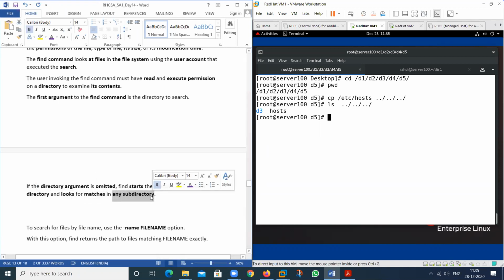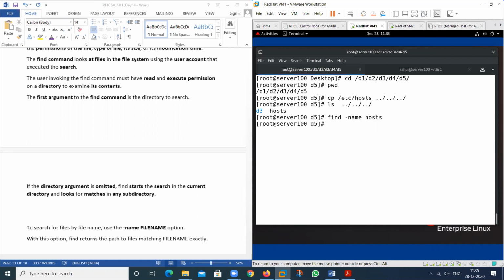It means the parent directory and the child directory. So if I am using the find command and I'm not providing the location, and I want to search for the name of the file, that is hosts, see here, it will not return the result. If I provide the location, if I am in this location, cd /etc, because this file exists in this particular location, then now check again with the provided location.